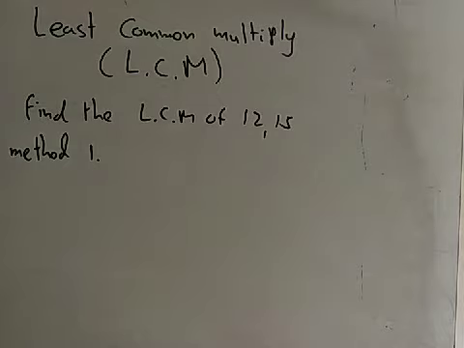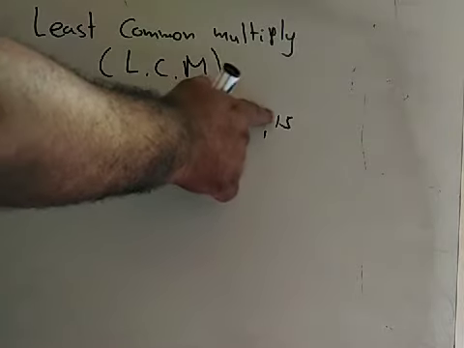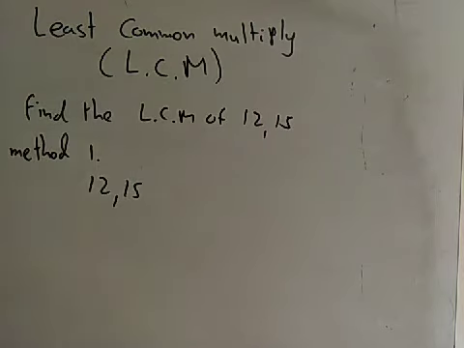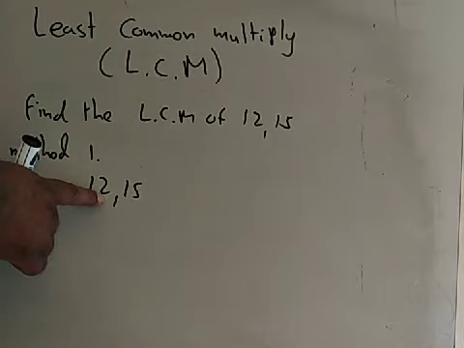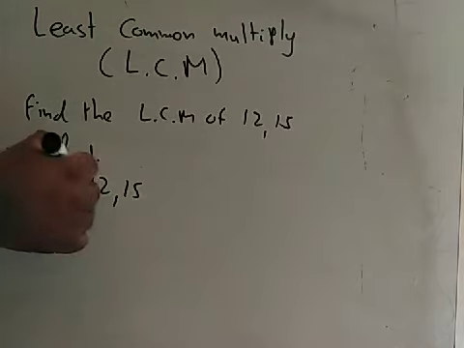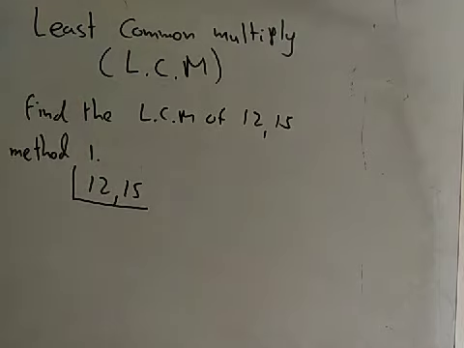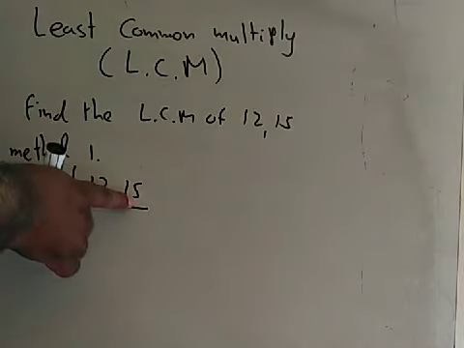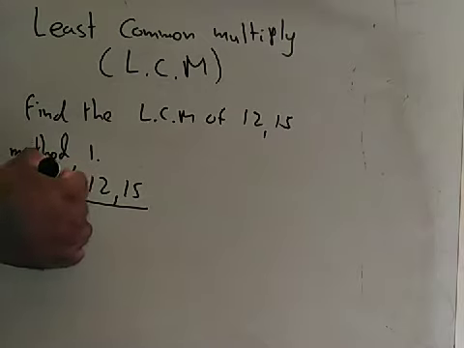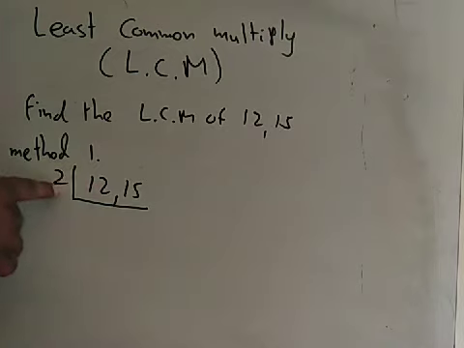Here, look at this 12 and 15. 12 and 15 together. Here you can see the unit place of 12 is 2, and the unit place of 15 is 5. But 12 can divide by 2, while 15 cannot divide by 2. No matter, 12 can divide by 2. Then divide by 2. When 12 is divided by 2?